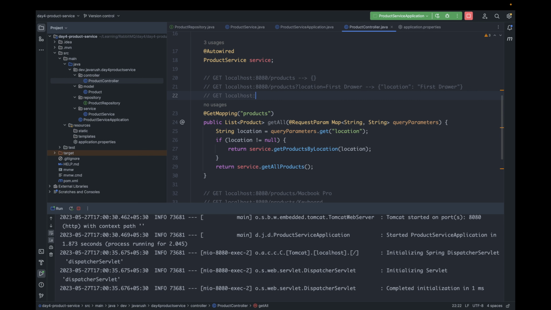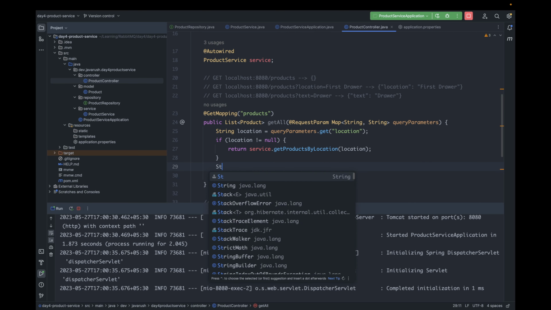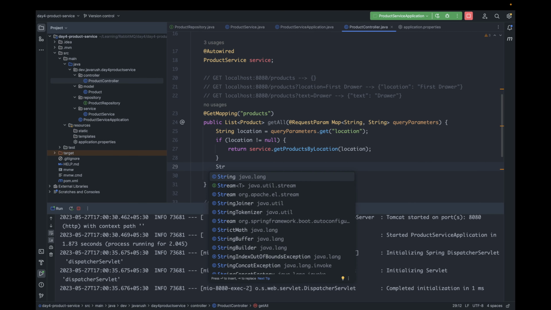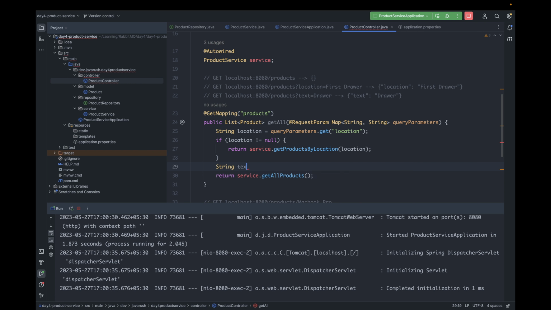GET localhost products text. Text can be anything like drawer. So our map will have key as text, and its value will be drawer. If we have already found location, we don't need to look for text. But if location is null, then we will search for text. String text will